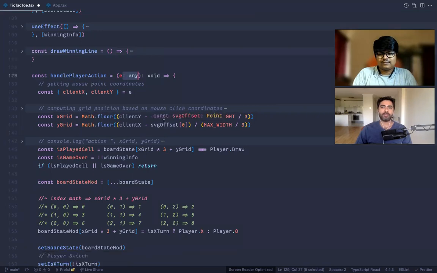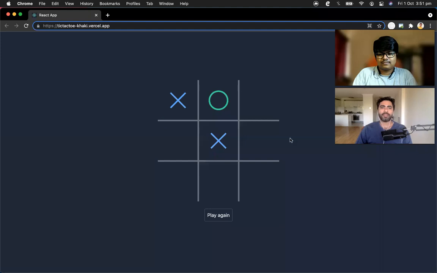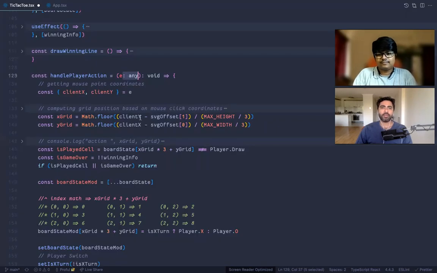And this is where the offset comes into the picture that we talked about. Let's assume it is 0, 0, just to simplify. So assume this section starts from this point, so the offset will be 0, 0. And if it starts from some other point, then we just subtract, calculating the mouse position with respect to the SVG offset. But assume that it is 0, 0. So what we are exactly doing, we are getting this